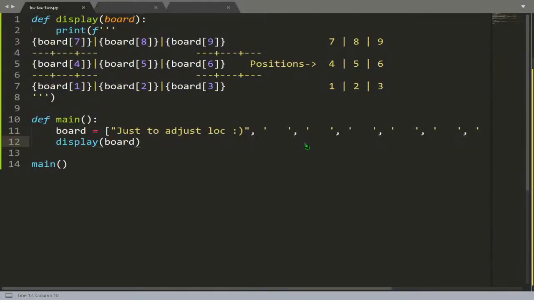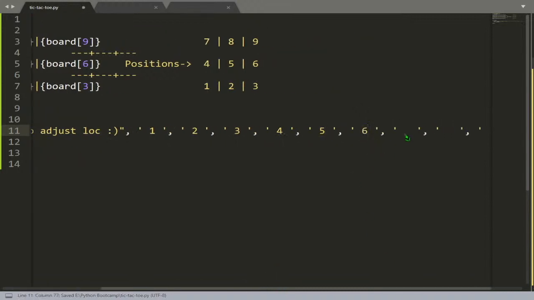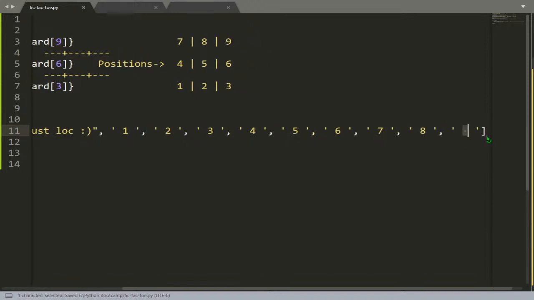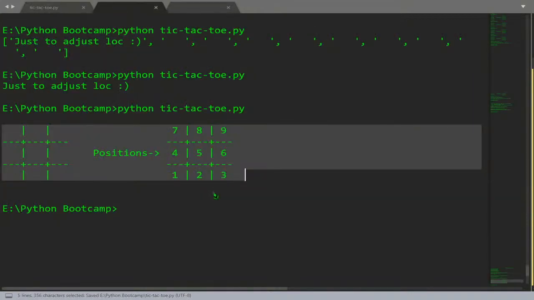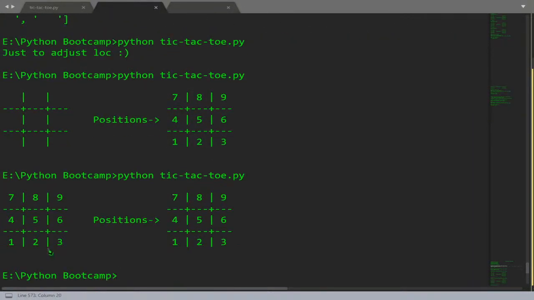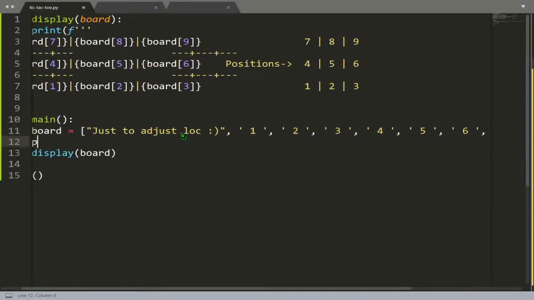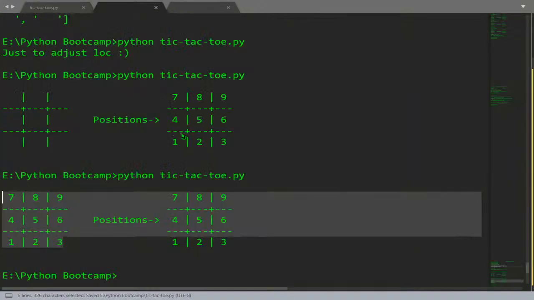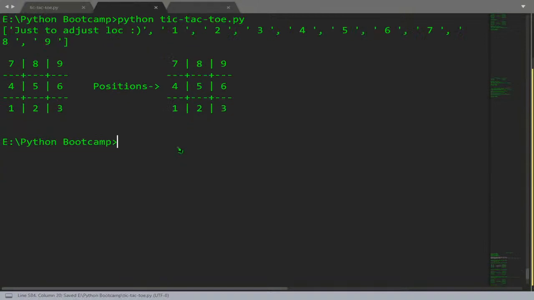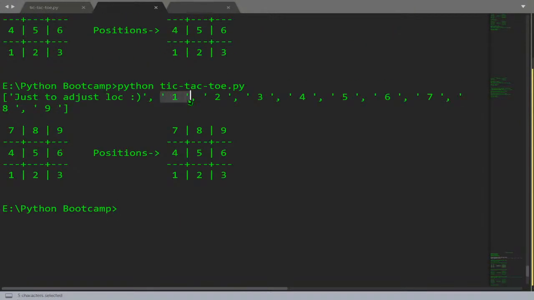And to confirm, let me do one thing. 1, 2, 3, 4, 5, 6, 7, 8, 9. See, this was what I was talking about. Let me just print the board, print board. Yeah. So the board of 1, that is this, is printed over here. Board of 2,